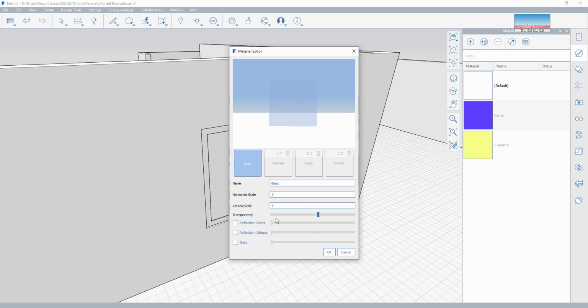See that right here. I'm not worried about the scale. I don't have any texture maps or anything on this. It is simply a color and a transparency. So if I wanted to, I could add just a little bit of gloss. So what you're going to see with that is it adds just a little bit of sheen based on the angle. I'm not going to worry about any reflections, anything like that for right now. The gloss is just enough to make it pop and also not be demanding on the